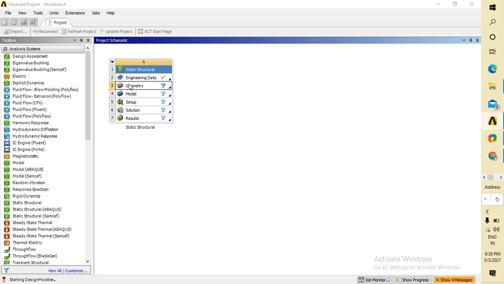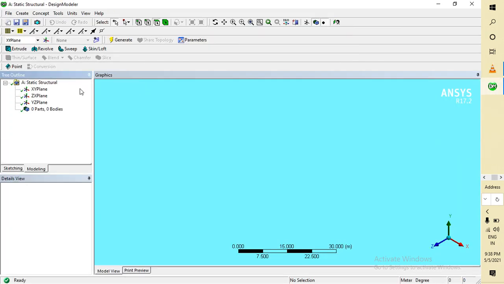In my CATIA playlist I already told you how to make the two bar assembly with dimensions, so no need to bother here. I already made it. If you want to make it for this simulation, you can visit my videos on how to make a two bar assembly.